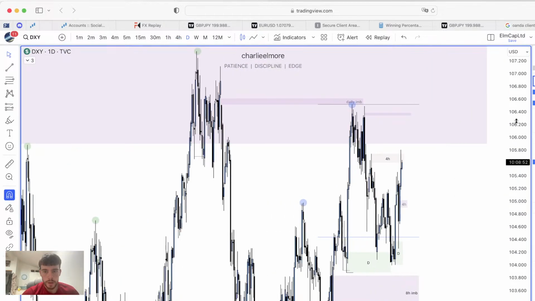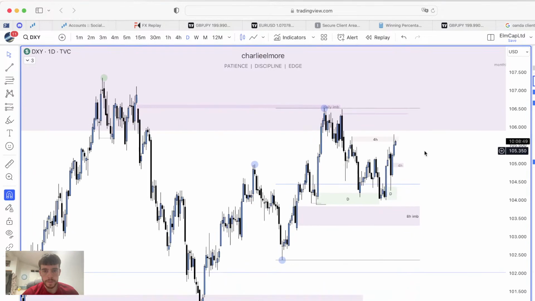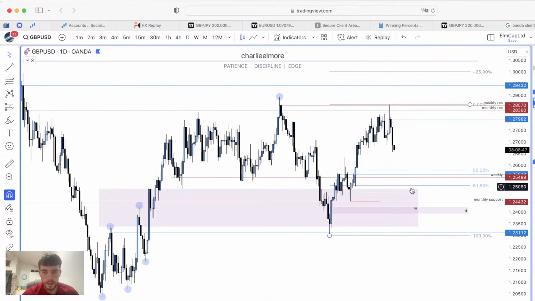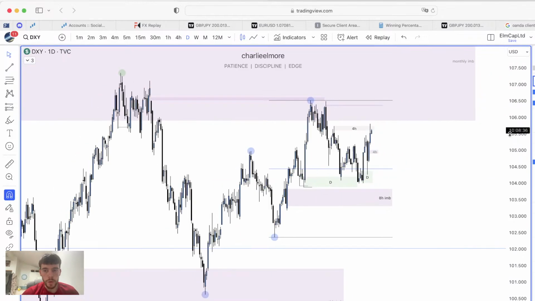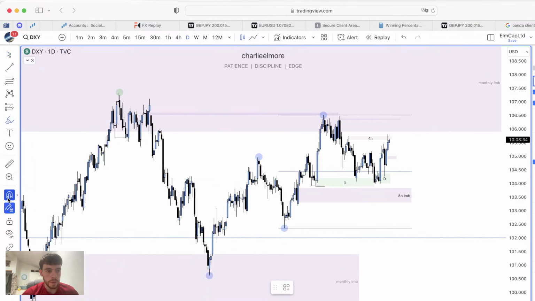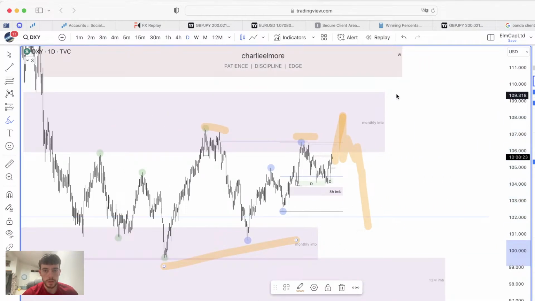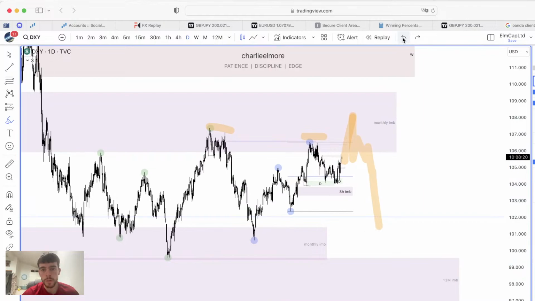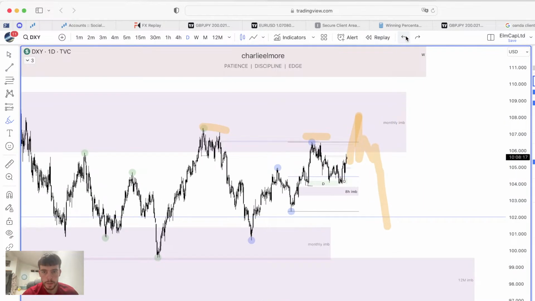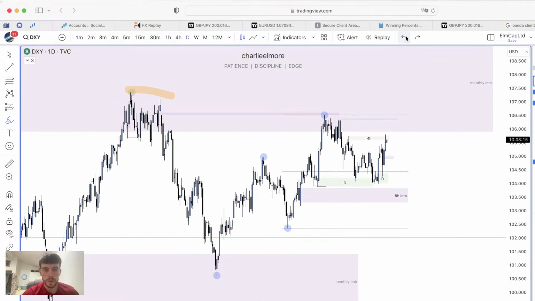And then going on from there, if we can get a reaction out of here from a discount on the pound dollar on GU, and price can go bullish once more, then what the dollar will more than likely have to do is potentially sweep these highs with a wick and then come down to now break these lows. That is a possibility, because we need to remember as well, we're still coming out of this monthly imbalance, bearish. So there is that.